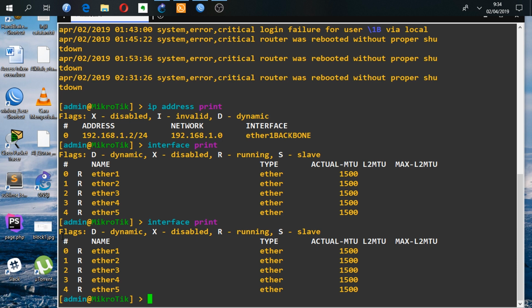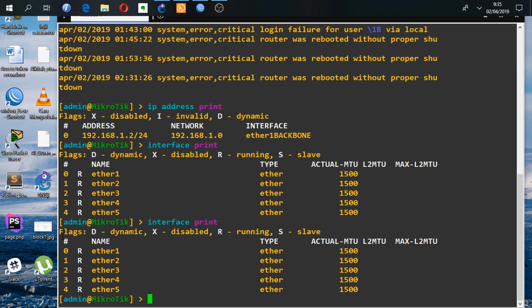And for the next, the symbol R at the front of Ether1 is used to signify that the interface is still running, because the cable is connected properly. If the cable is not connected properly, there is no label R at the front of that interface.